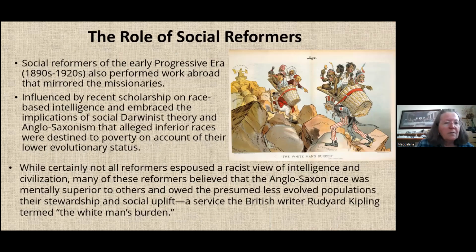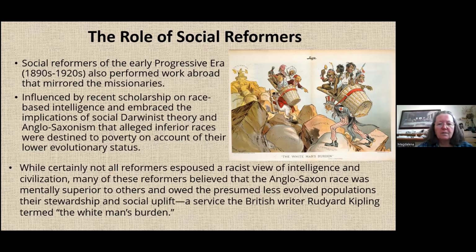And you had, besides the missionary, the social reformers. The social reformers of the early Progressive era, which runs from the 1890s to the 1920s, also performed work abroad, mirroring the missionaries. They were very much influenced by the recent scholarship on race-based intelligence, and they embraced the implications of social Darwinist theory and Anglo-Saxonism that alleged inferior races were destined to poverty on account of their lower